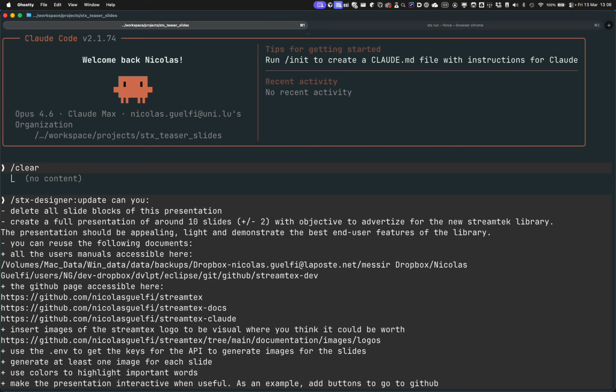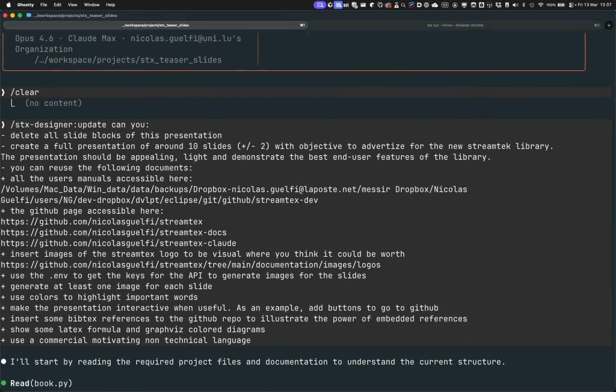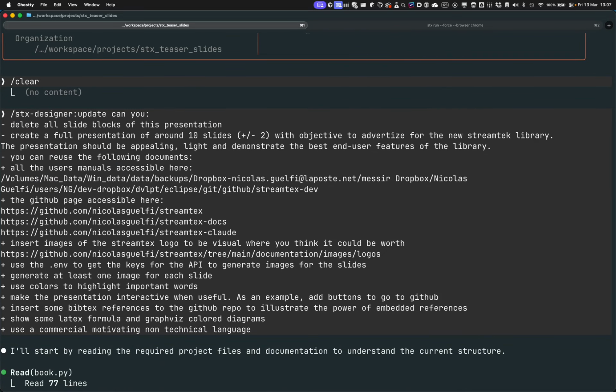So you start Claude as usual, and then you're going to use the StreamTeX designer, and you'll ask it to update the presentation because I took the default presentation, the template that was created when I did the standard steps. So I told it, basically, delete all the slides from this presentation. And then you need to create a complete presentation. So I told it a presentation of about 10 slides, with the goal of ultimately making a short presentation of